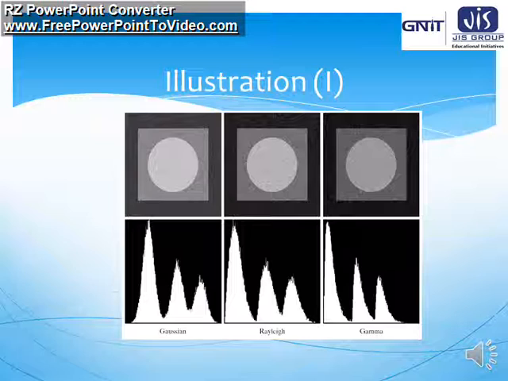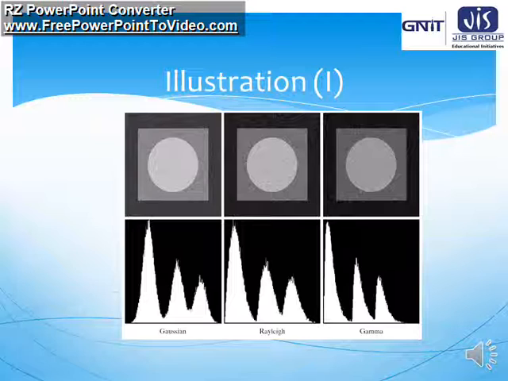Now there are some illustrations we have to make clear. We have to see these images very carefully. There are a total of 6 images. The first image is the image with Gaussian noise, the middle one is the image with Rayleigh noise, and the last one is the image with gamma noise. So all the 3 images have different types of noise, and in the next row the corresponding image histogram is